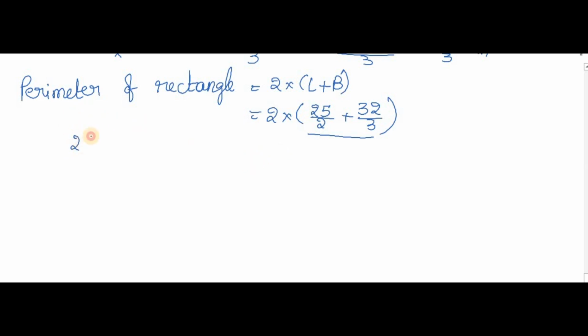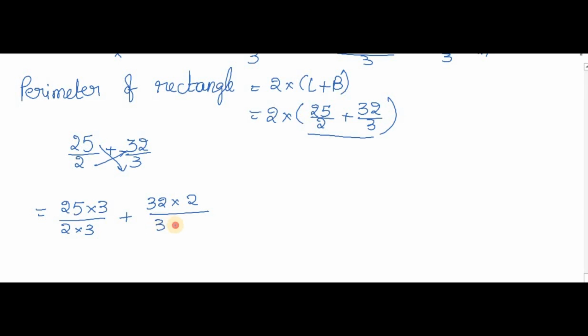So I'm going to solve here 25 by 2 plus 32 by 3. Now we will move on to cross multiplication because 2 and 3 are prime numbers. Even if they are not multiples, we can go for cross multiplication. I said already, when we have only 2 fractions. Okay, so 25 3s are 75 by 2 3s are 6 plus 32 2s are 64 and 3 2s are 6. As we all know, if the denominators are the same, then we can add the numerators. 75 plus 64, that is 139 by 6.